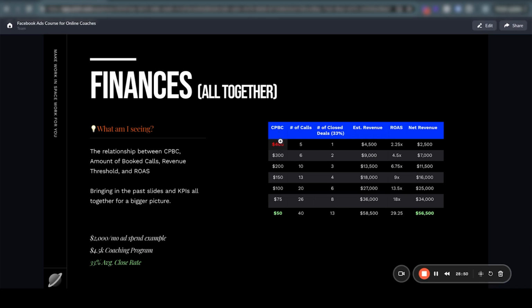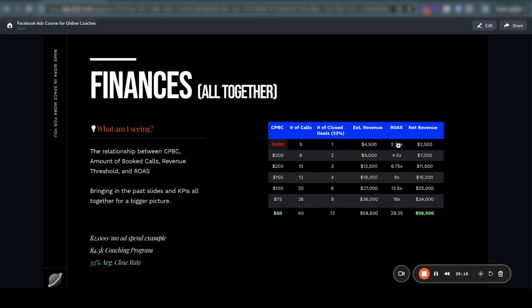As we can see here, if we're paying $400 for someone to hop on a call with us, we're getting 5 calls. 2,000 divided by 400 gives you 5. But our industry average for closing a deal is 33%. So what's 33% of 5 rounded down? You get 1, the person you've closed, a finalized deal. So that's 1 times your coaching program, $4,500. That's your estimated revenue.